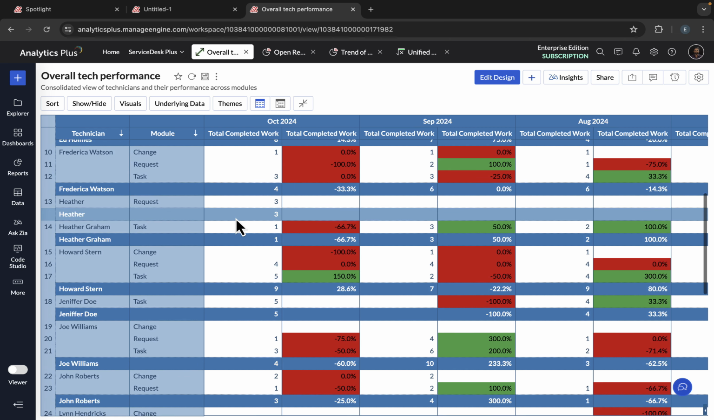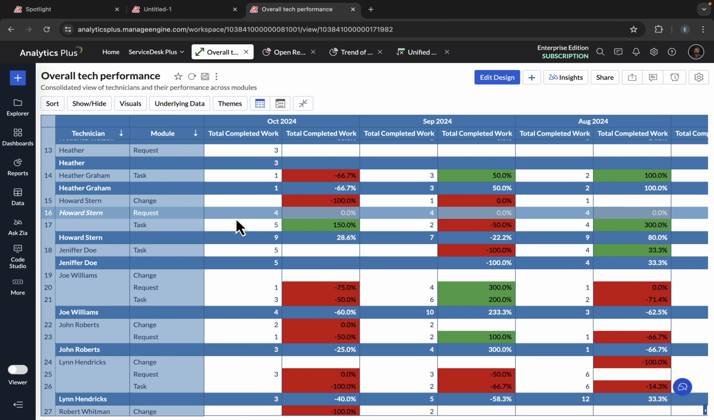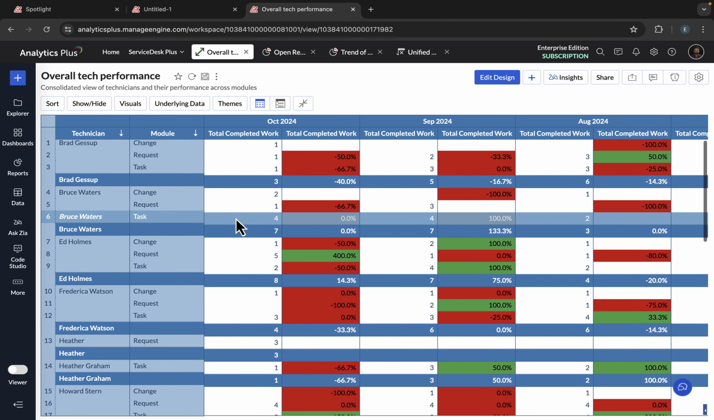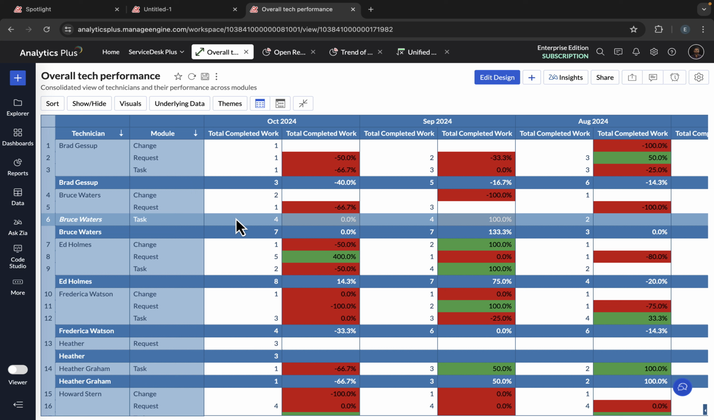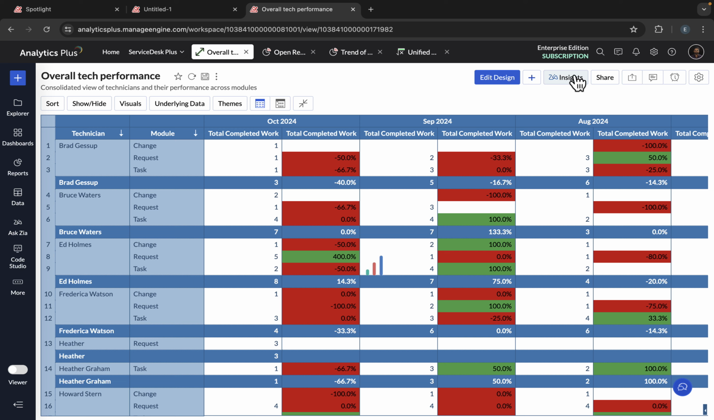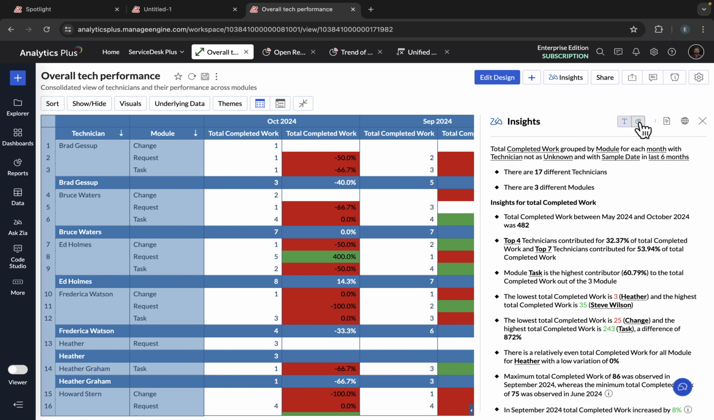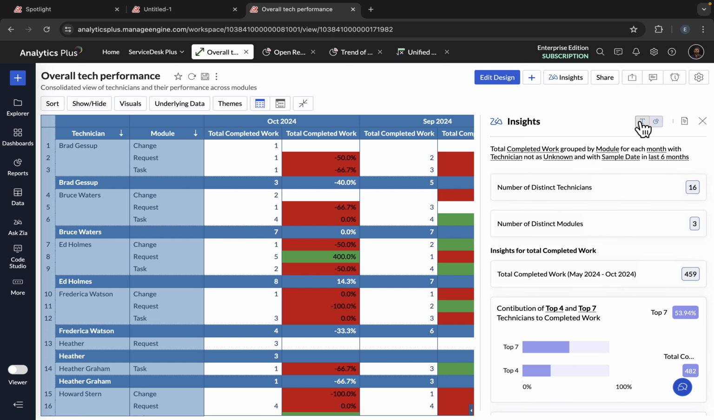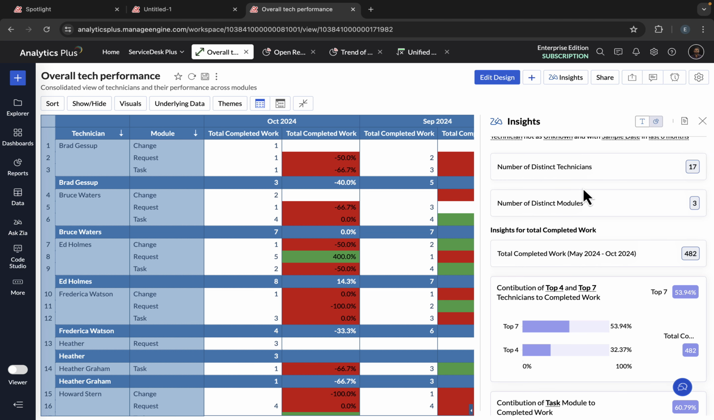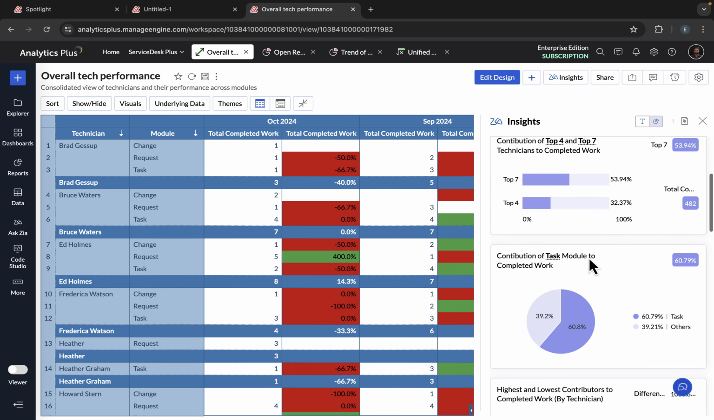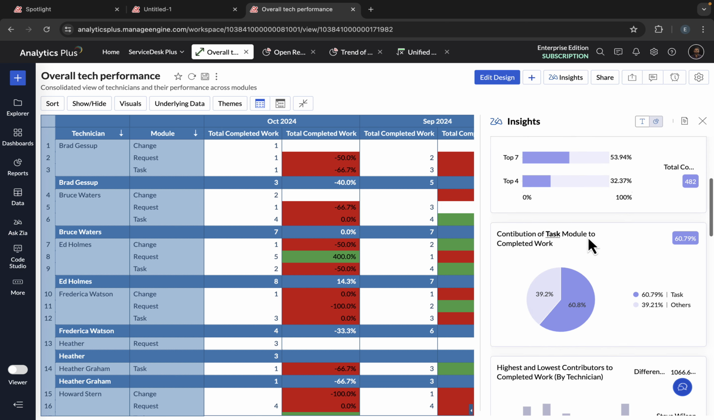So manually analyzing this comprehensive and complex analysis to identify insights on technician performance gaps, worst performing modules, and top technicians could take hours. But with ZIA's Visual Insights, you can get these with just a few clicks. Simply go to ZIA Insights and select the Visual Insights icon, and then within seconds you can get the instant visual summaries of key metrics, and this includes modules with lowest and highest completion rates,